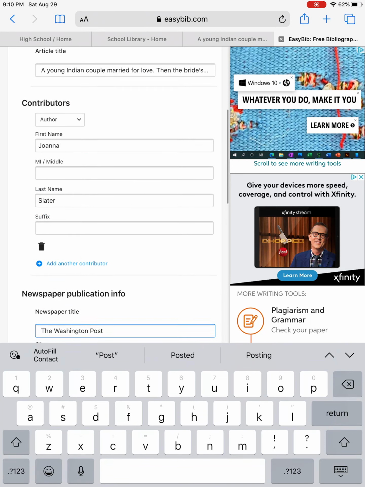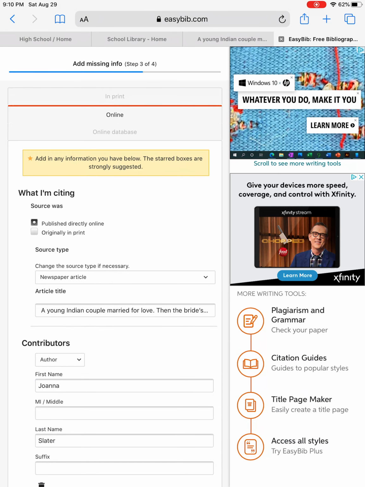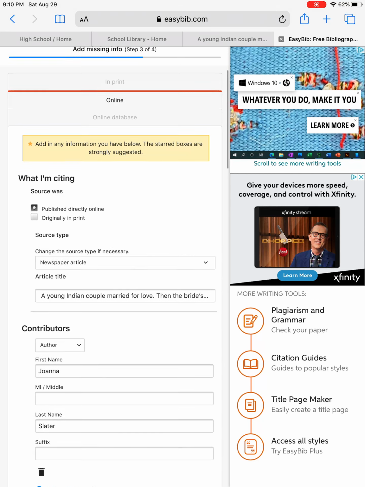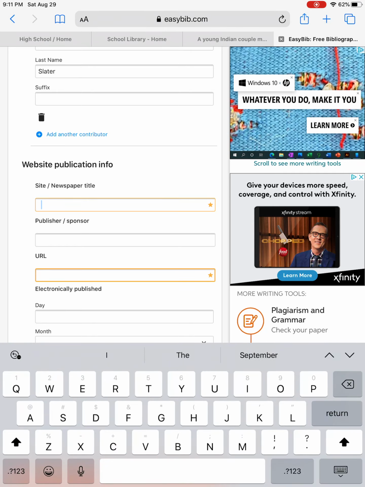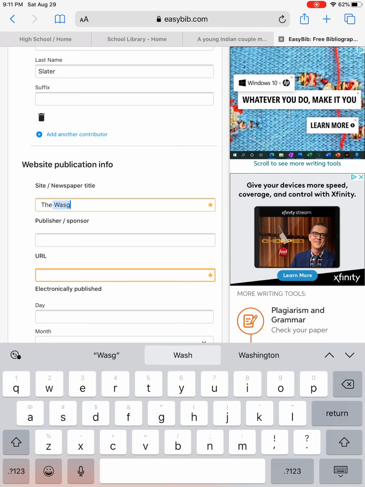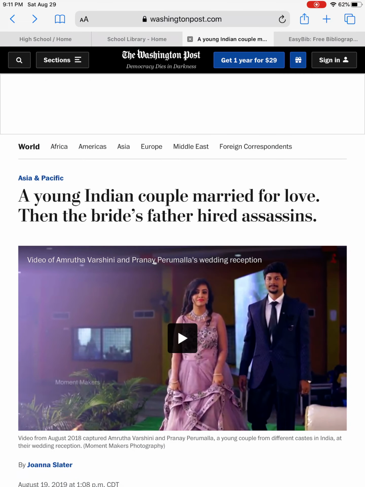And it's asking me for information for print, and I thought I hit online. You want to make sure that you hit online because we found it online. So then, rather than print information, it's going to ask me the questions for online. So the newspaper is the Washington Post, and for